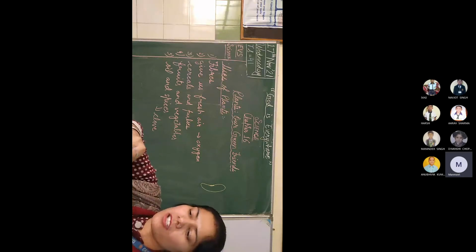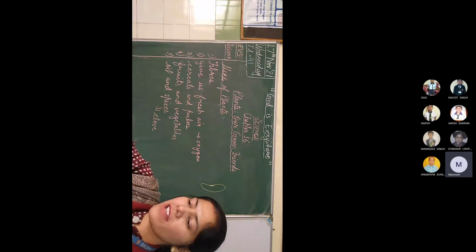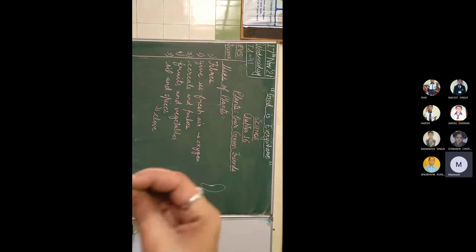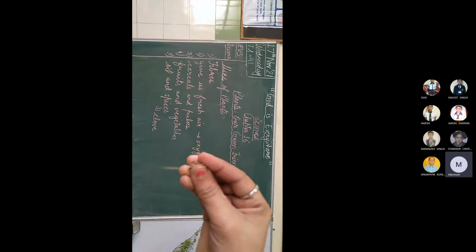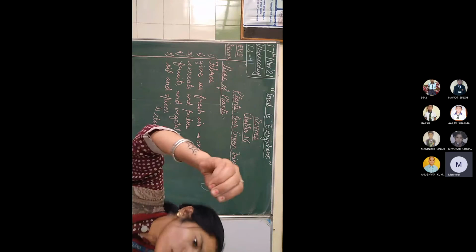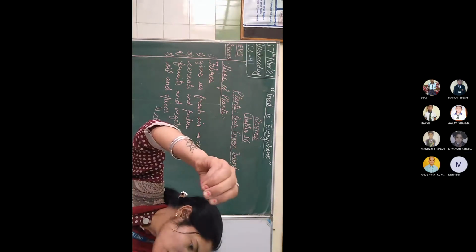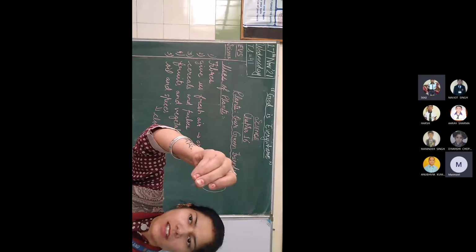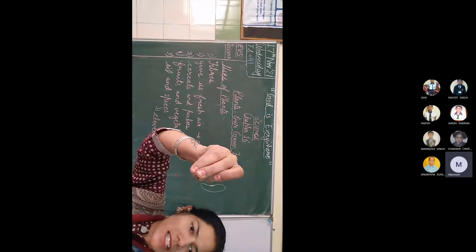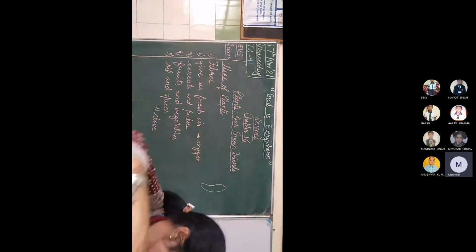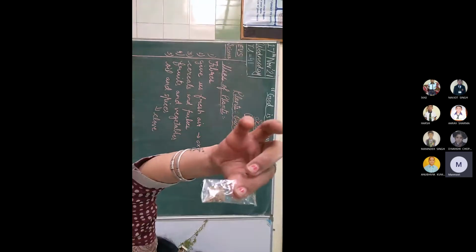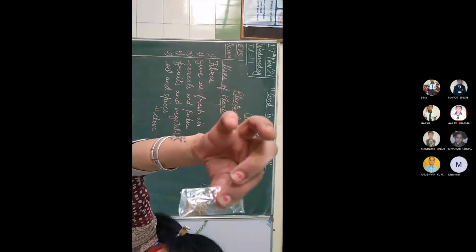See, this is your jeera. It is a very small one. I know it is not visible. I am going to show you like this. See, this is your jeera. This is cumin. This spice your mother uses to prepare some food. Yes, ma'am. When she cooks in the kitchen, she uses this spice. So this is your cumin. This is jeera. See this one. This is your cumin. Jeera.